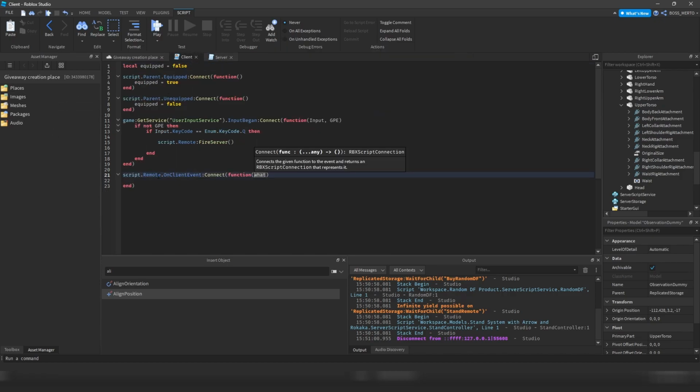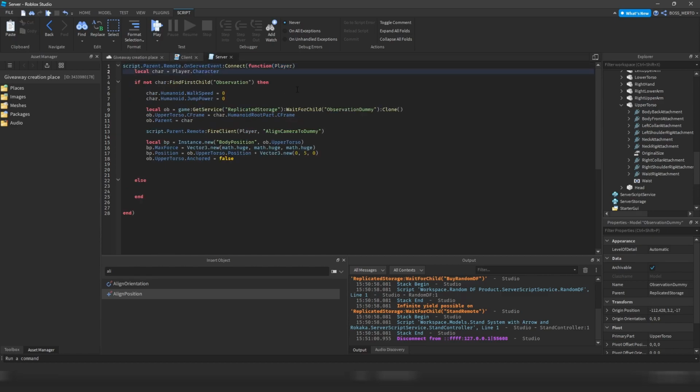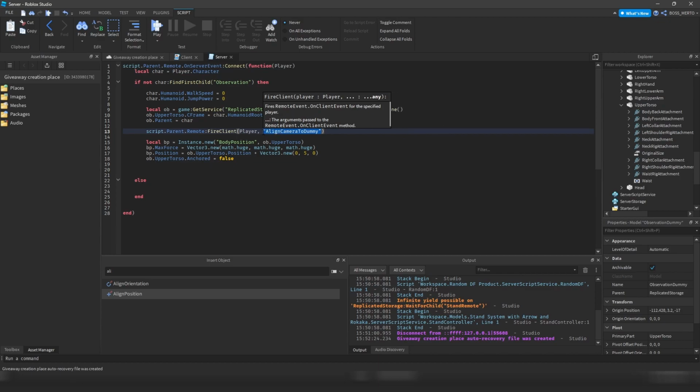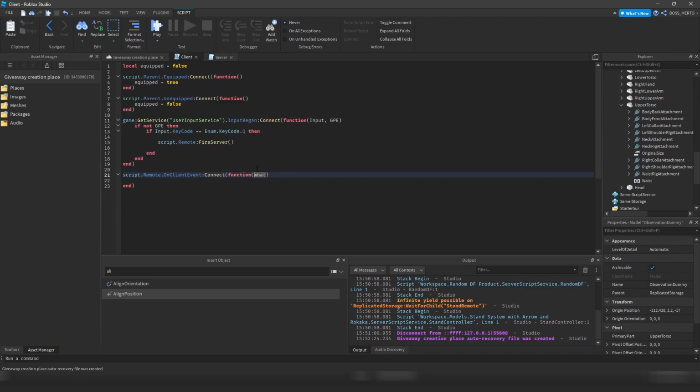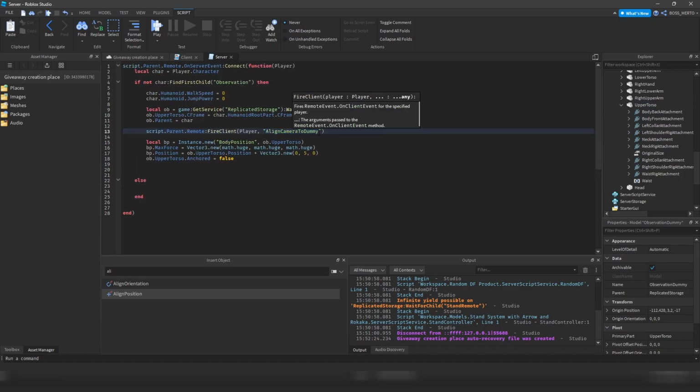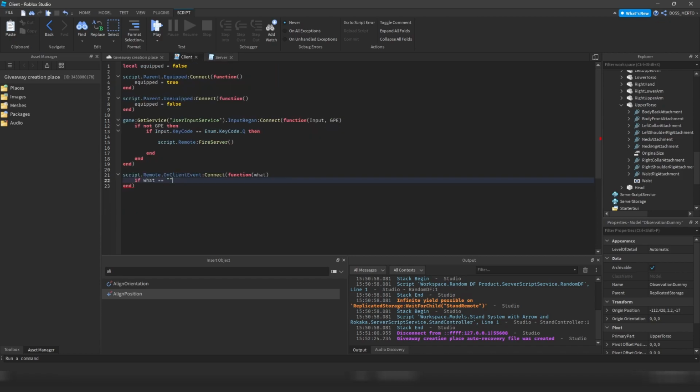It's pretty obvious. Player is right here. But this one is now the task. So if the task is line camera, which is supposed to be done, then we want to